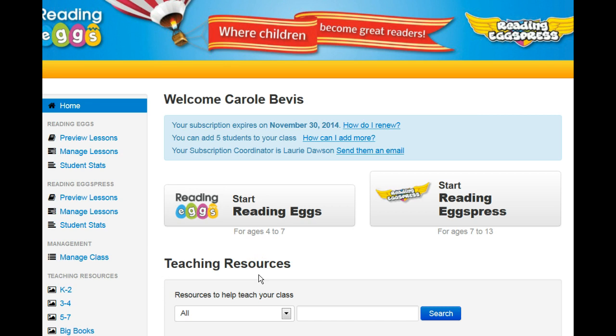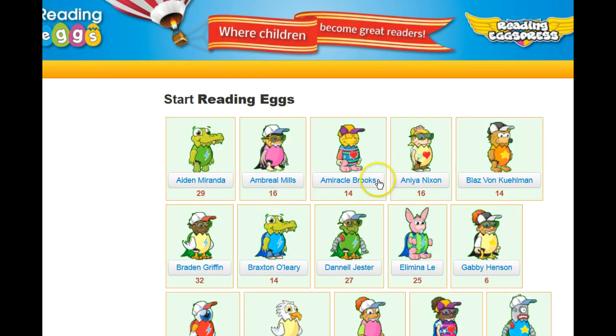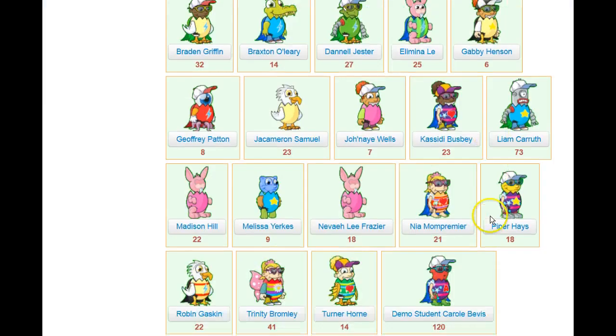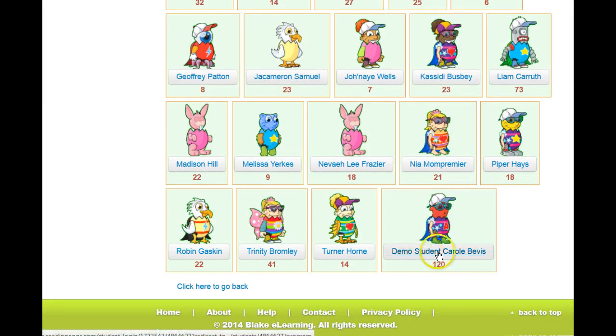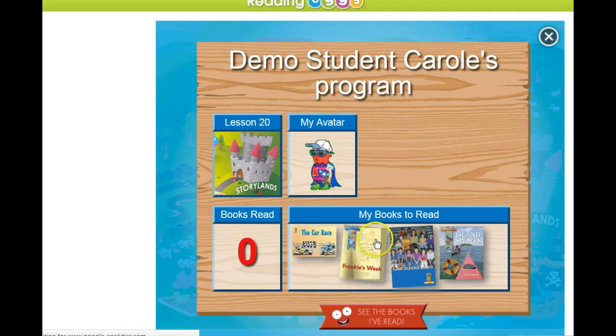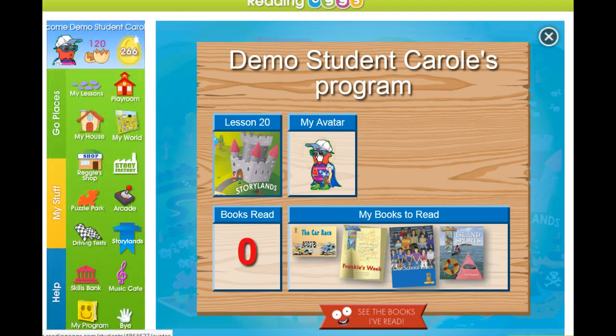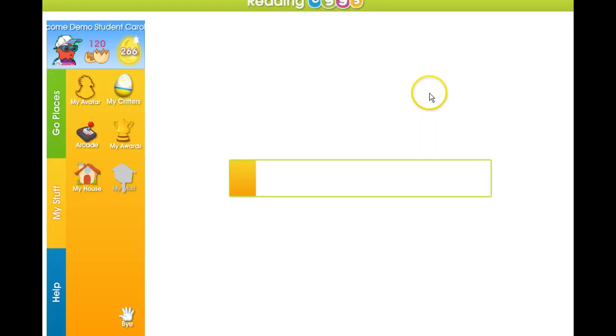First, you should learn to use this program as your students do, so let's create a unique avatar that will help you identify your own personal login. We'll begin by starting Reading Eggs. I'm going to go down here to my teacher demo just so I don't tamper with any of my students. This is what you want each of your students to do, to create their own unique avatar so that they can easily identify